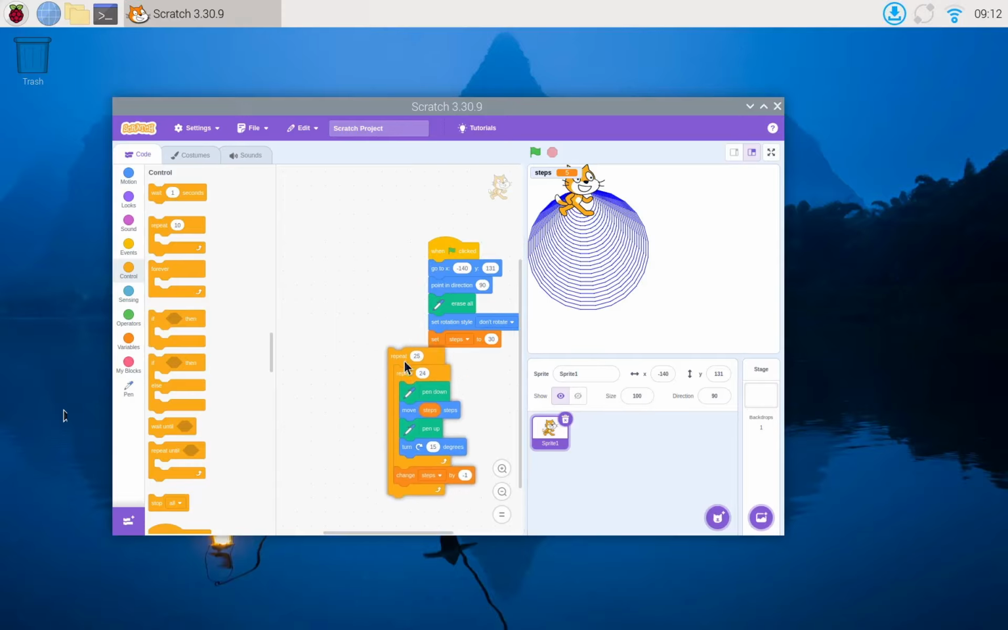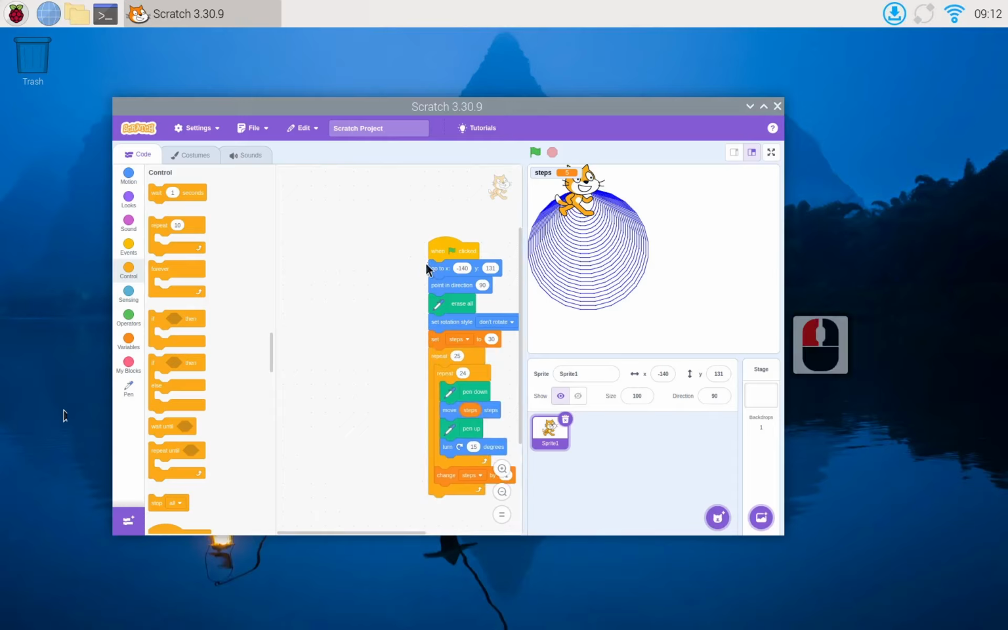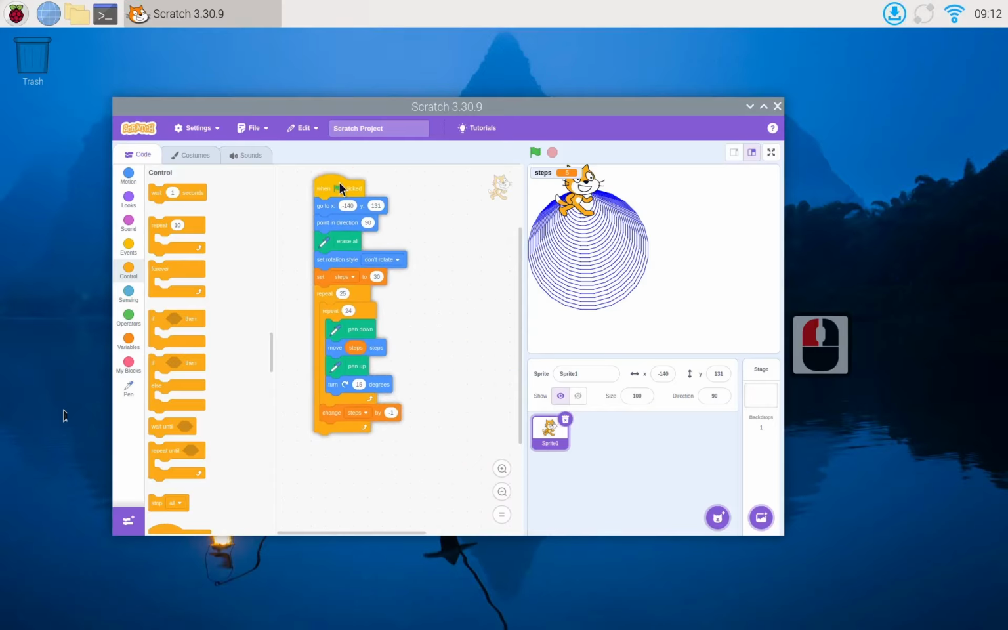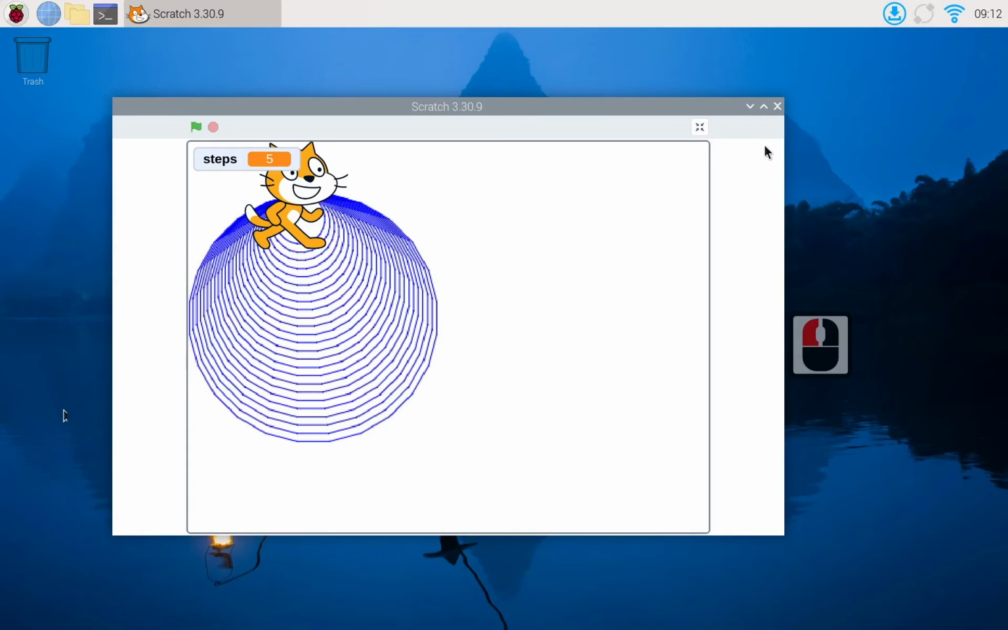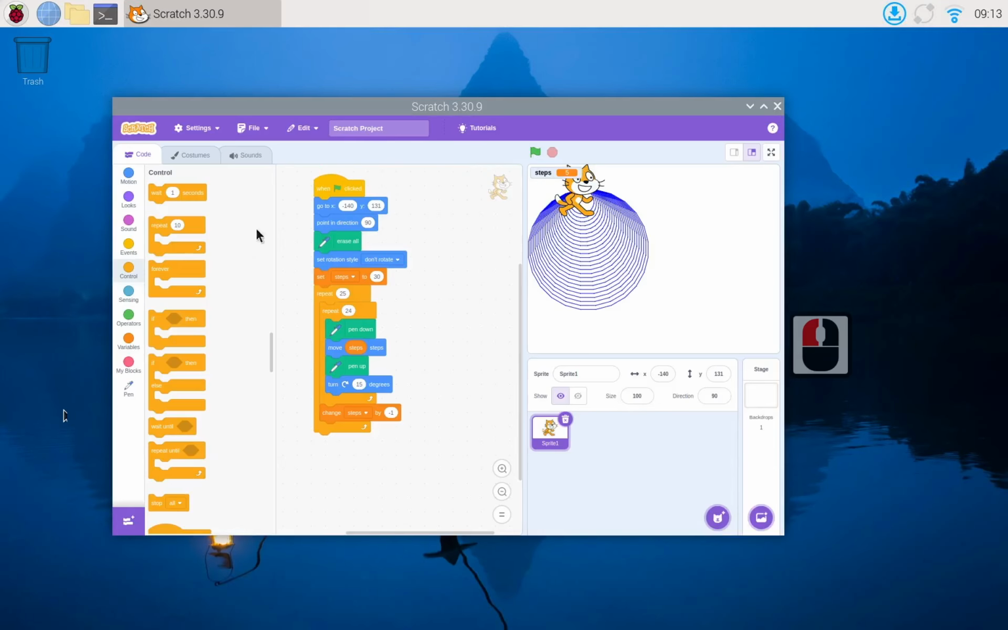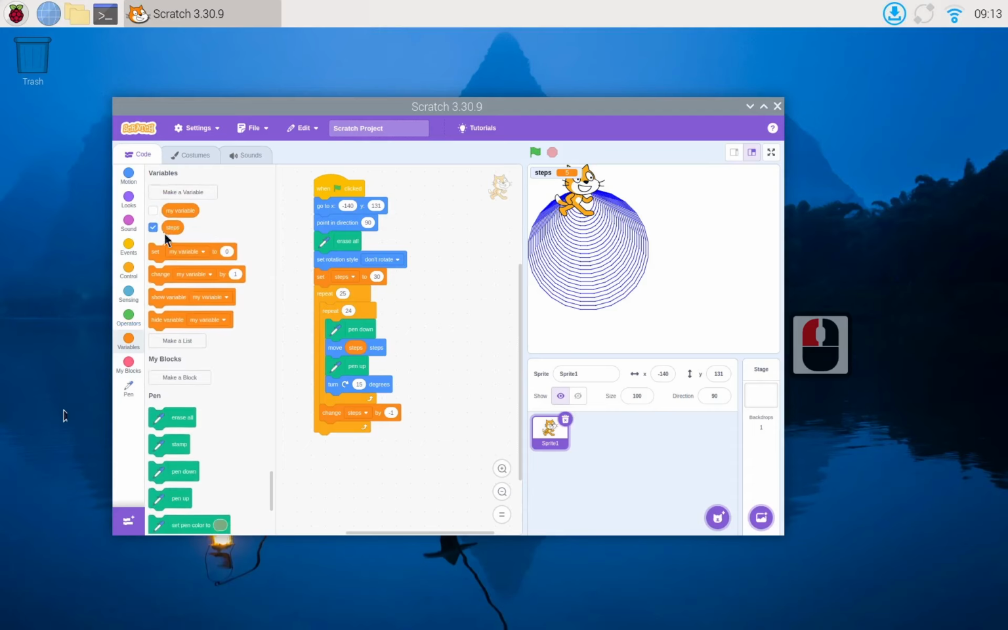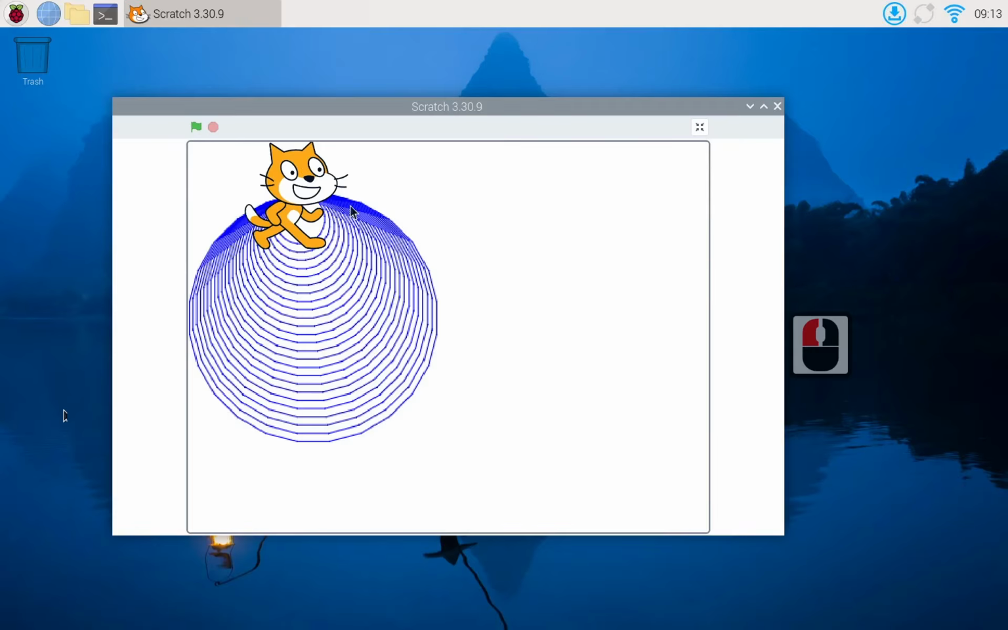So I'm now going to join this so that now when we click the green flag, everything happens. I'm going to erase this. I'm going to look at it full screen. Oops. Before I do that, now I don't want steps here. I want to go to variables, and I unclick this checkbox here next to steps. And now I can go like this, and we can do